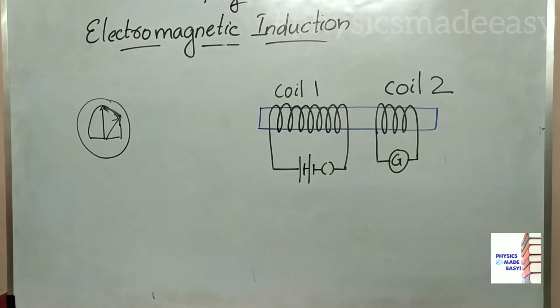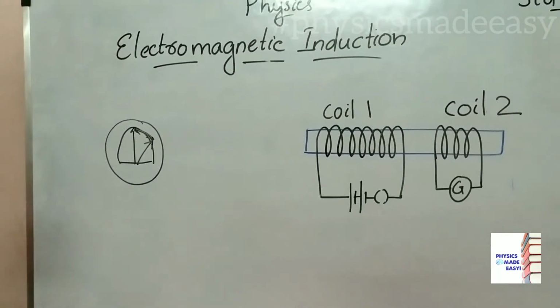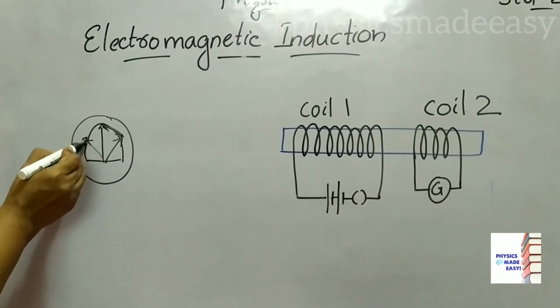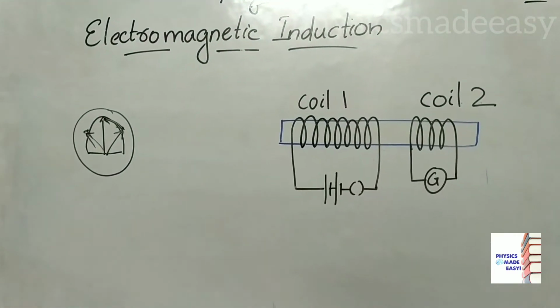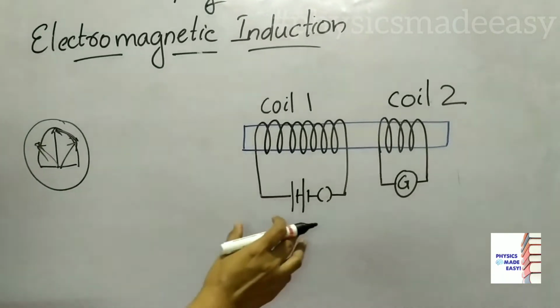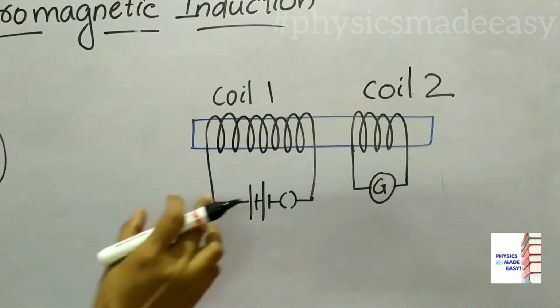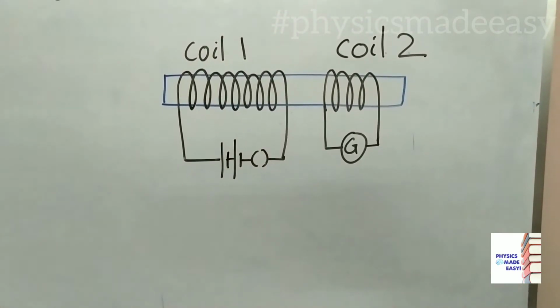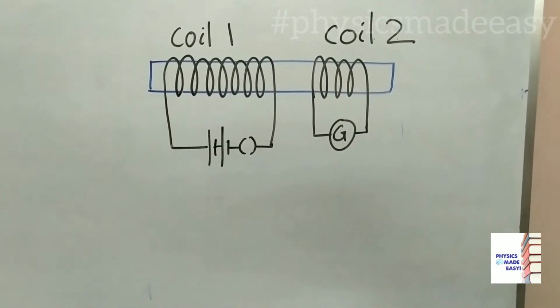If you change the direction of motion of the magnet, you can see it deflecting towards the left. At that moment only you can see that deflection there. Now here you can see another arrangement. In this you can see two coils having a large number of turns, maybe 50 and 100 we can say.